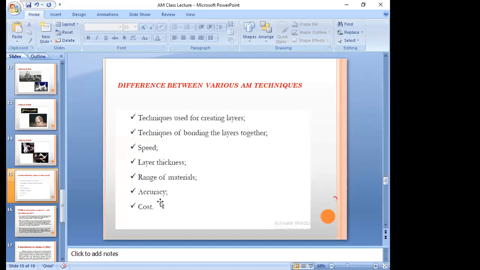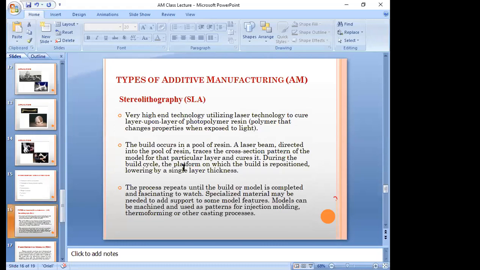Nowadays CATIA is an interactive application we use exclusively for surface modeling, but that is a different subject and different topic. But once you generate the CAD model, it is very easy to develop a particular product.